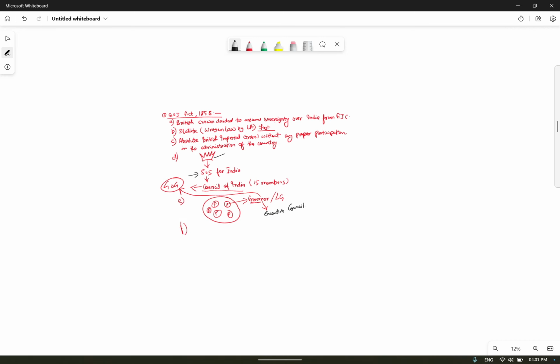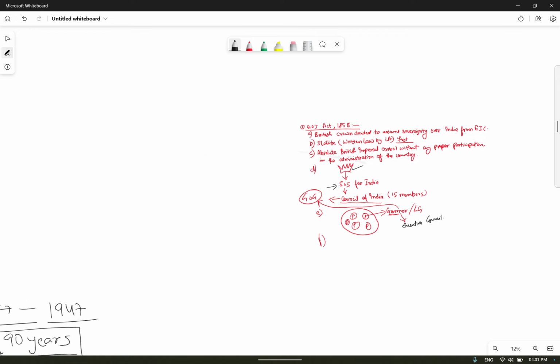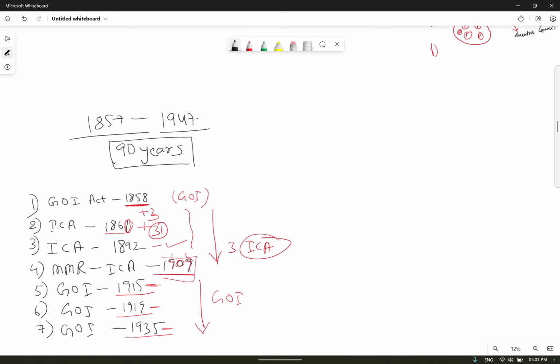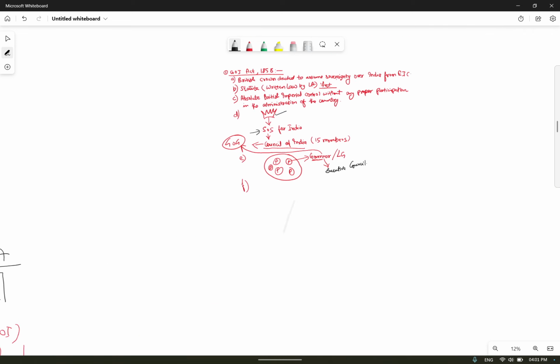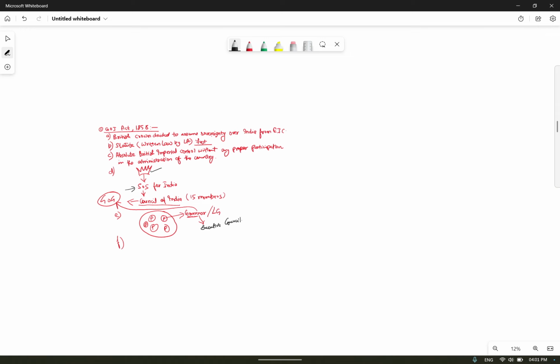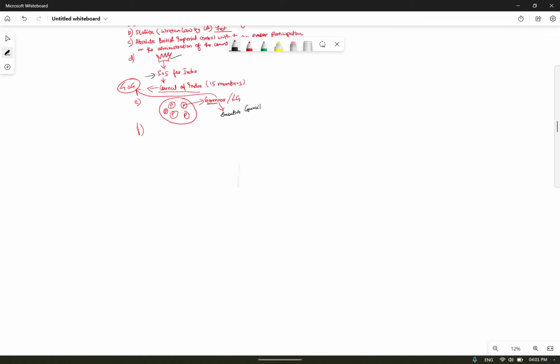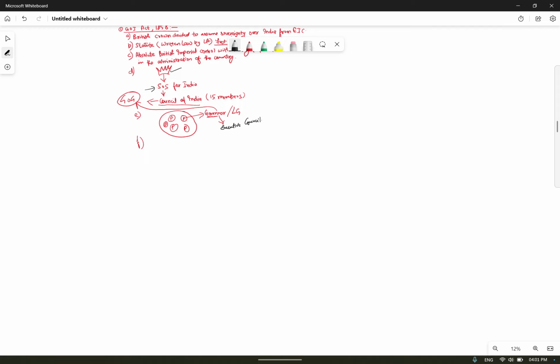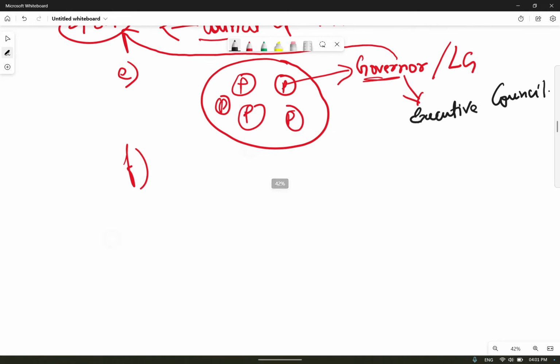So we have discussed the acts and the administrative reforms point-wise, like what were the names for that. Now we are going to discuss each one of the acts and reforms through this session. Okay, so we have discussed the Government of India Act of 1858. Now we are going to discuss the Indian Council Act of